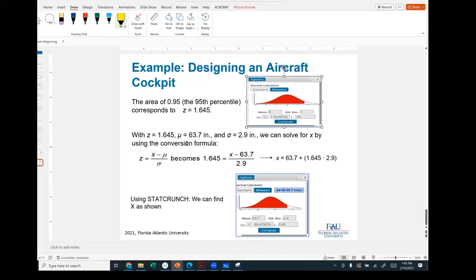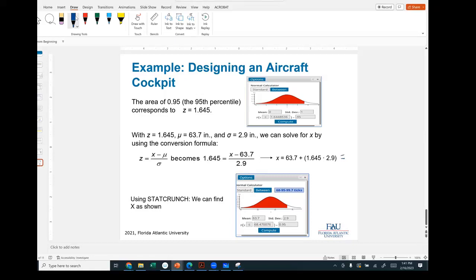Then I could use my formula, put in all the values, and I would end up with x equals this value, which is, I guess I didn't put it in, so it's 1.645 times 2.9 plus 63.7,